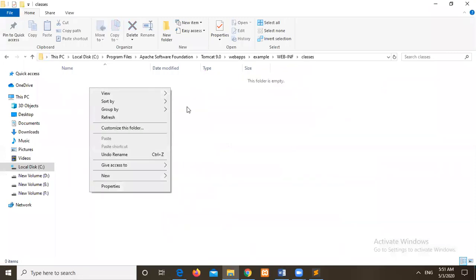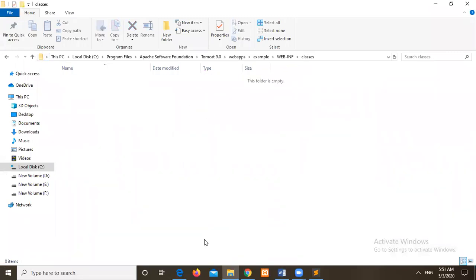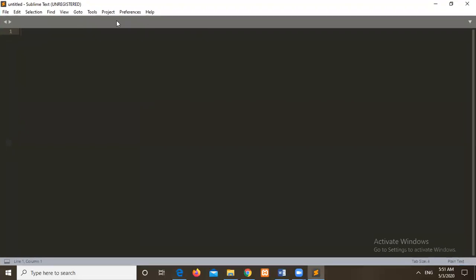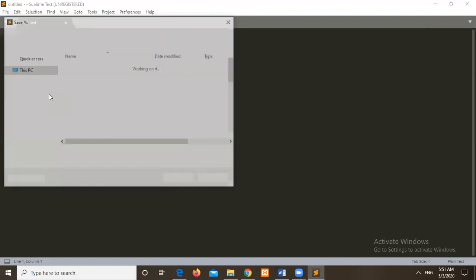Now here what I will do, I will take one editor here, right? This is the editor. You can write your code in Notepad also, no problem. Okay, so here I'm writing my code. First I need to write some packages, right? Import. What I will do here, I will save this program first. Okay, I will save this program in the classes